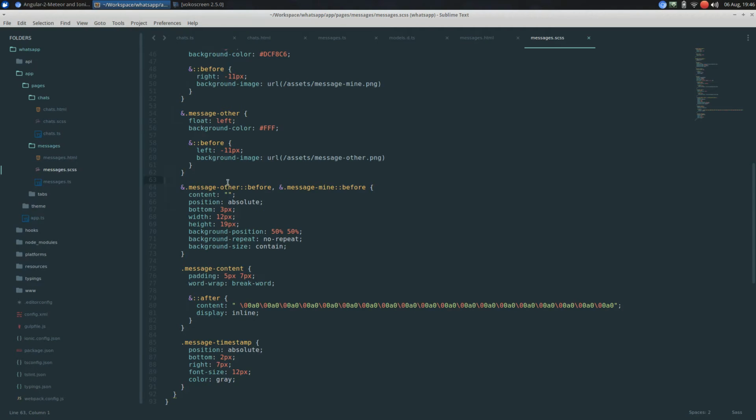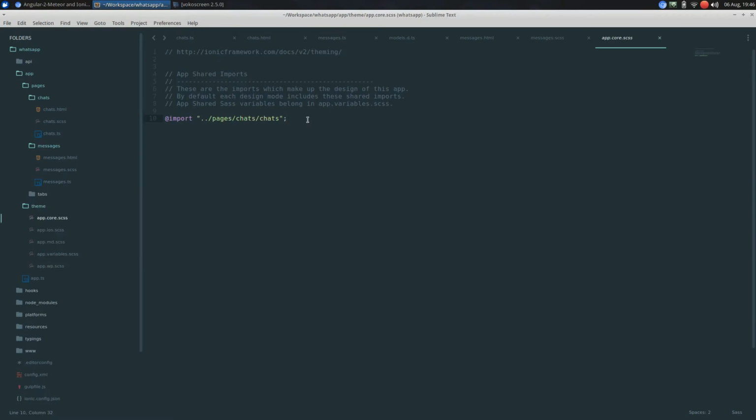Whenever we add a new style sheet, it requires us to import it. In the app core SCSS file, simply add the following importation. This style sheet requires us to download some assets. Let's define an assets directory in the www directory. Simply create a new directory called assets